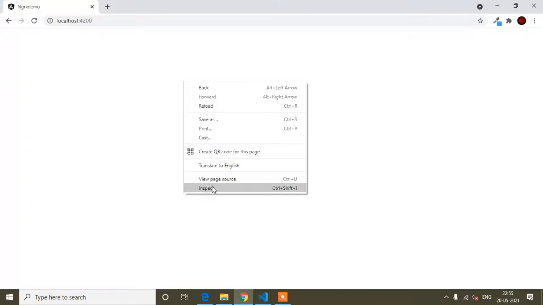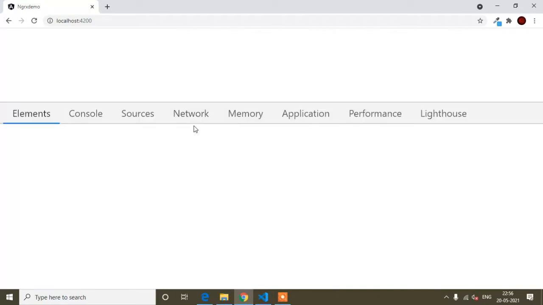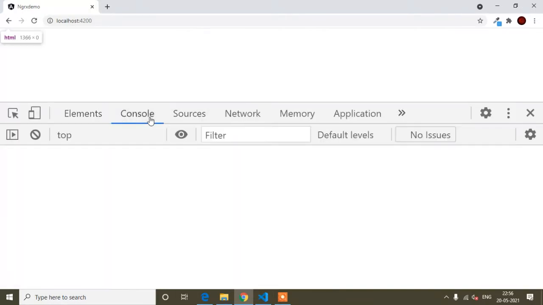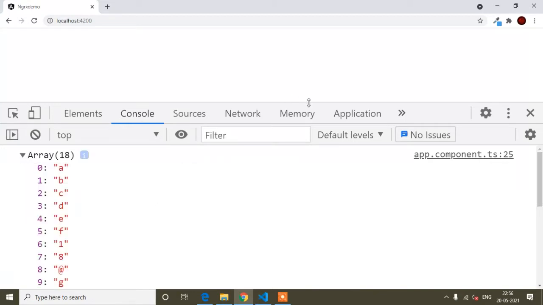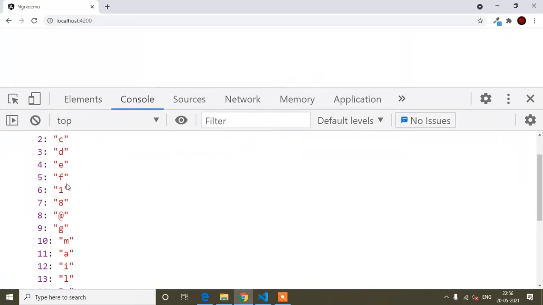Now I will open our console. Here you can see it comes this way.